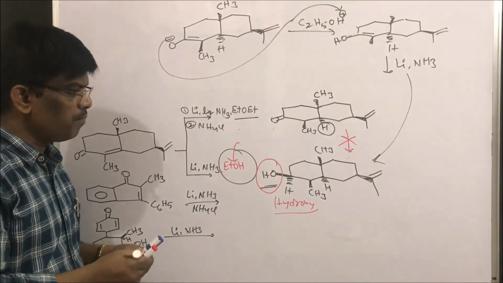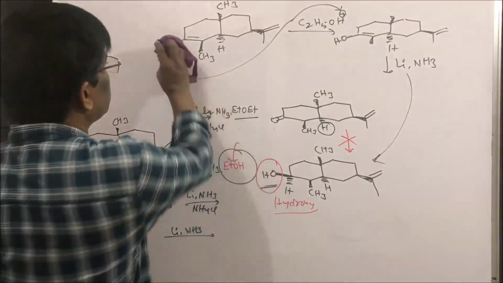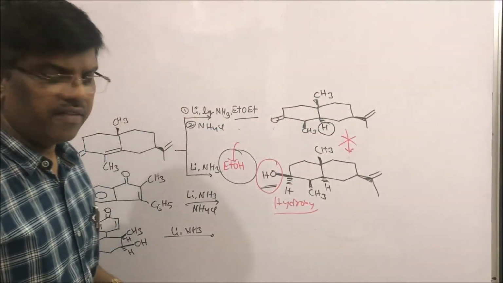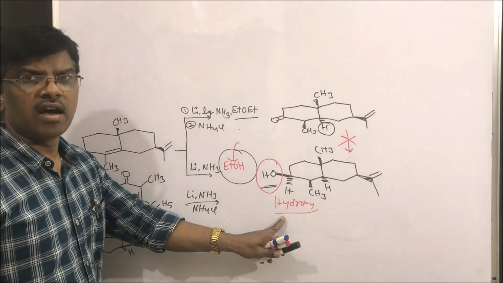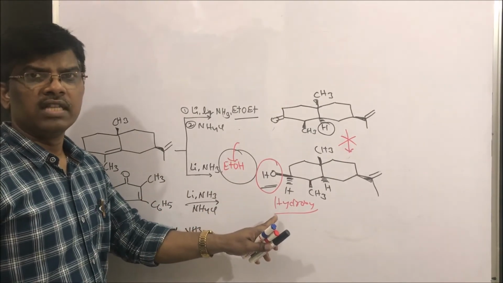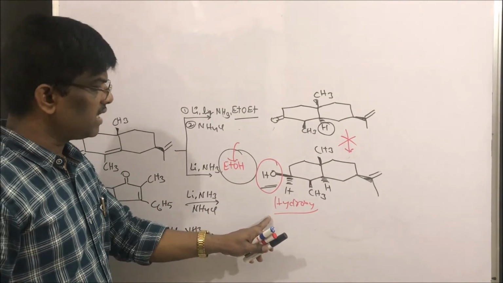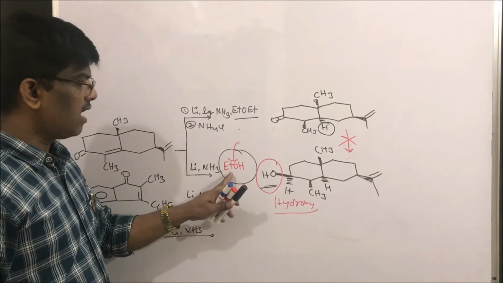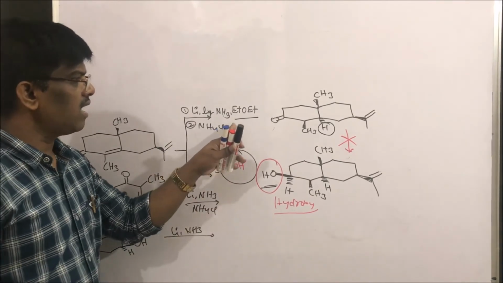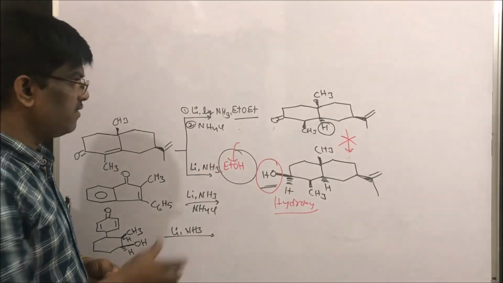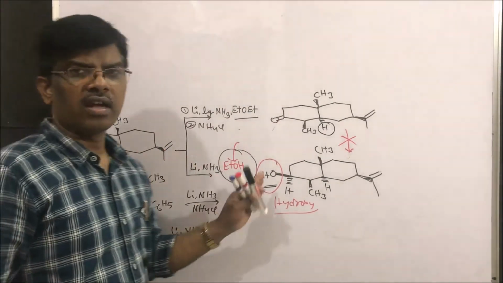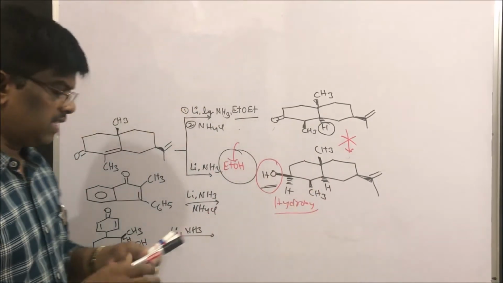Yes students, so simply just remember, it is a very important concept. Whenever you see alcohol, write hydroxy compound. This is the beauty of this reaction. Whenever you see alcohol, write hydroxy. If you do not see alcohol, write ketone. So alpha beta unsaturated ketones give ketones, and in presence of alcohol give hydroxy compounds. This is the thumb rule.